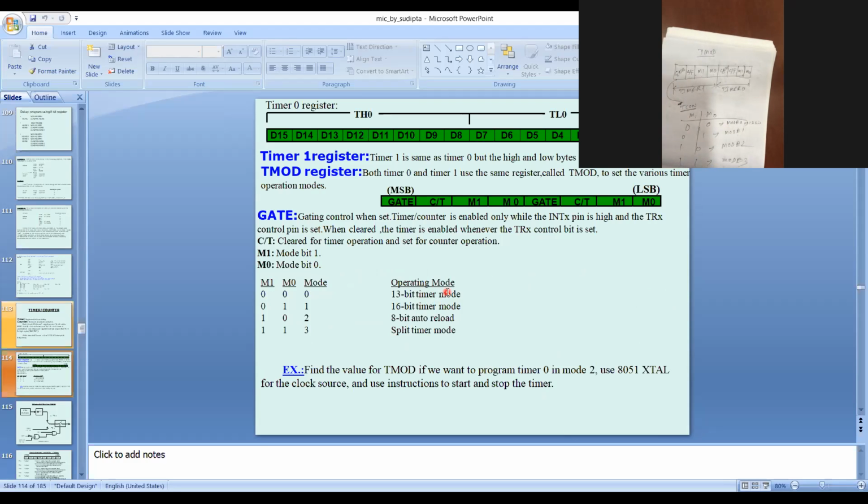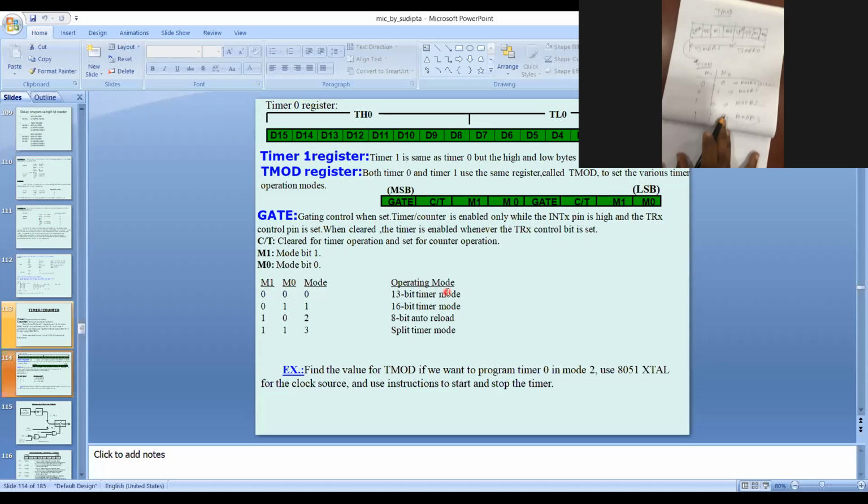After that, you write down: it can count from 0000 to FF1F.